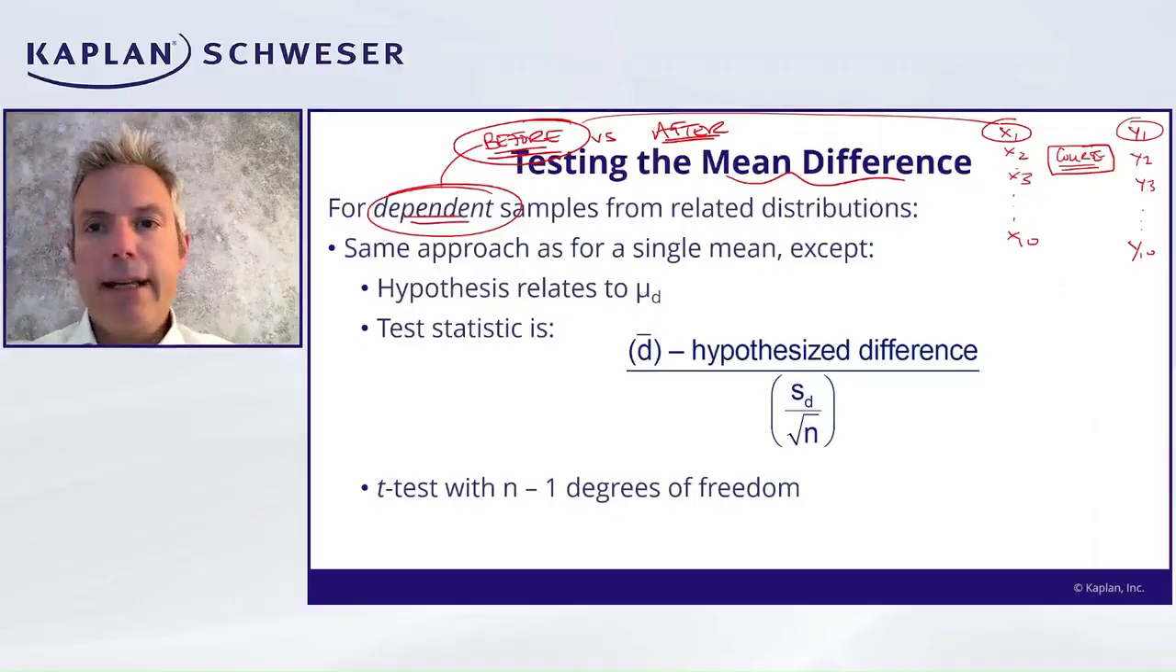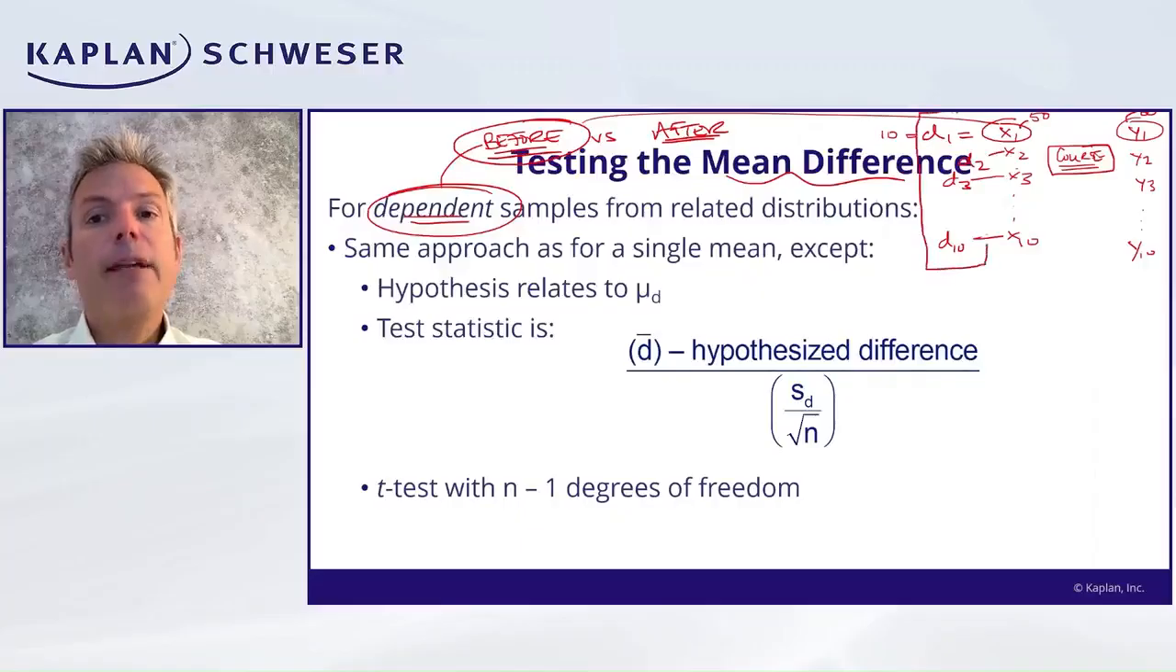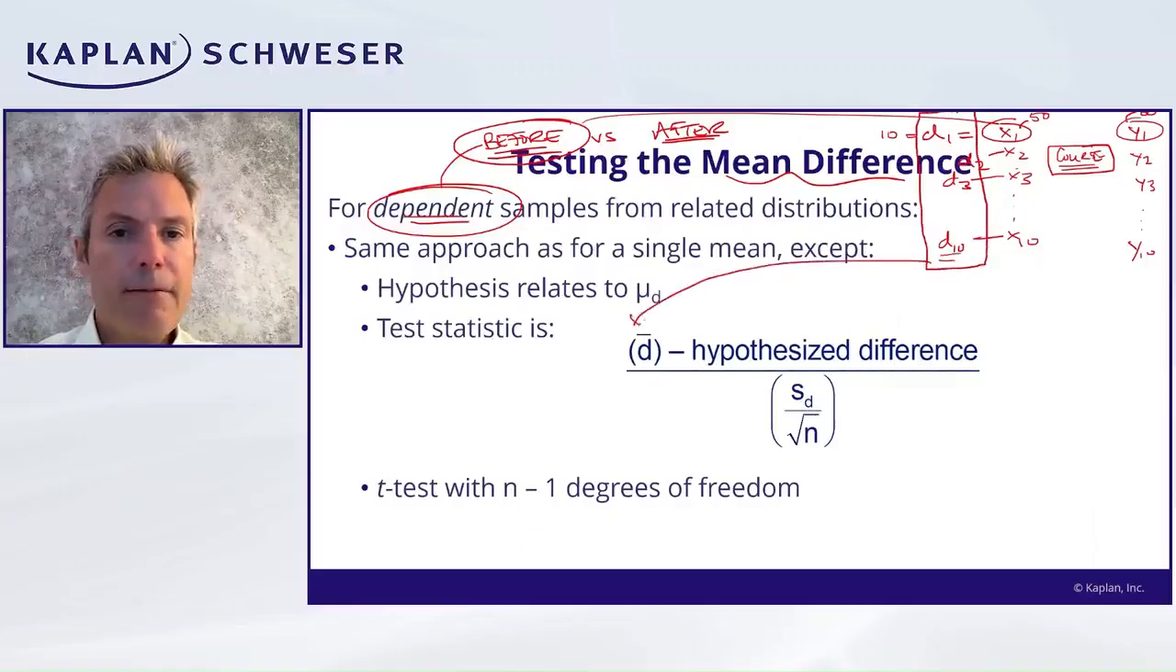So for these two samples, you'd calculate D1, the difference between X1 and Y1. All right? If this person scored 50% and then they took this course and they scored 60%, then D1, say after minus before, would be 10, for example, and so on. Look at D2, D3, D4, all the way down to D10. And then you're just going to conduct a hypothesis test on a single mean for these differences, D1 to D10. All right, you'll look at what your sample mean difference is versus a hypothesized mean difference, which is often 0,